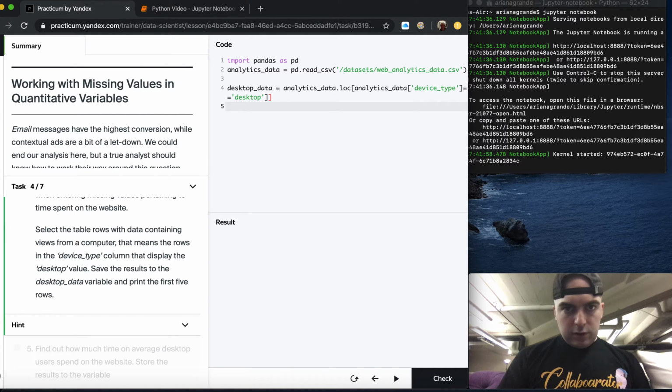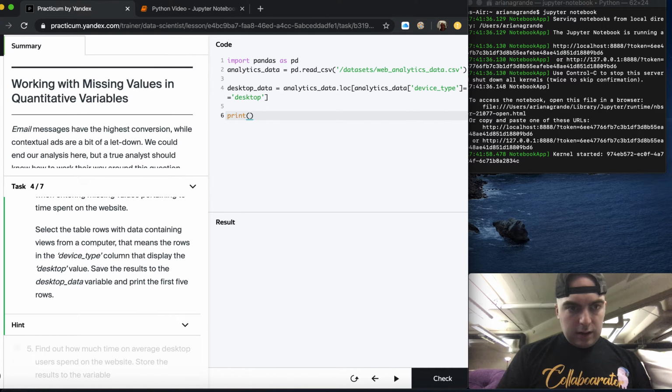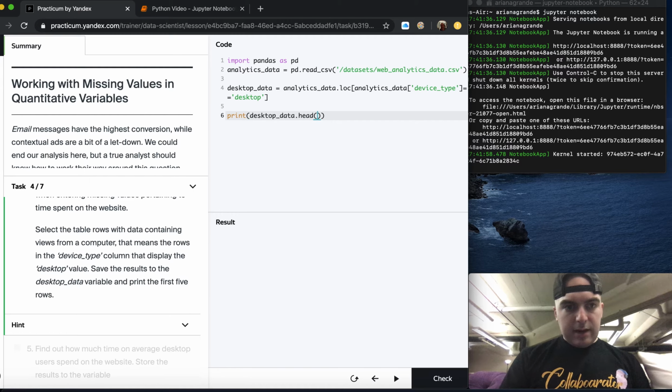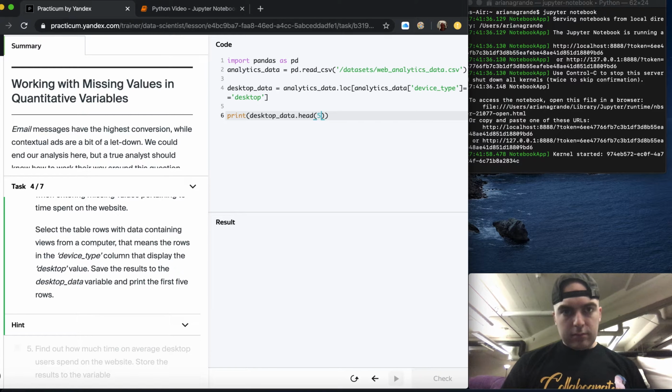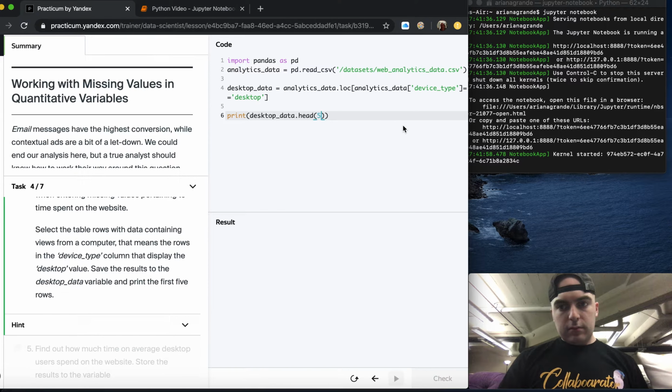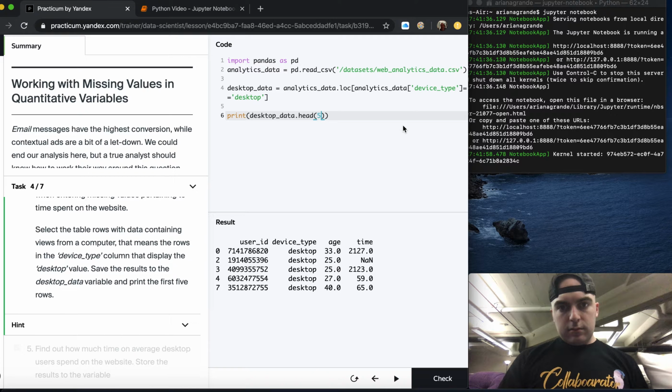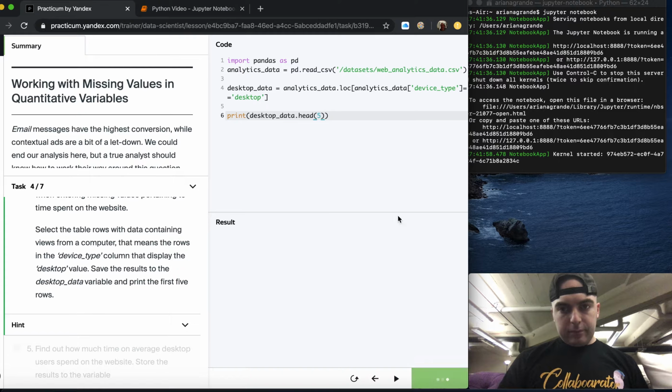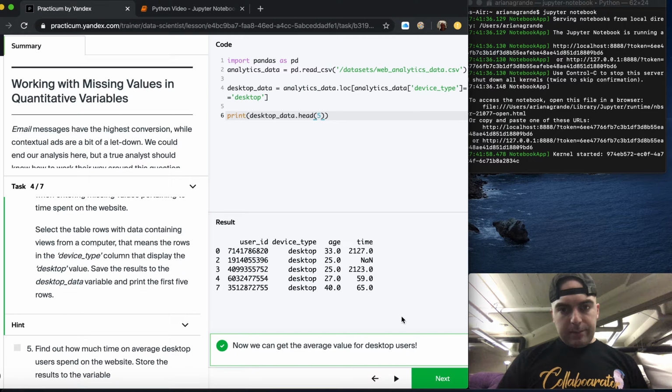And then they want us to print the first 5 rows, so that would be desktop data dot head 5. So that looks about right, so we'll check that. Great. So next,